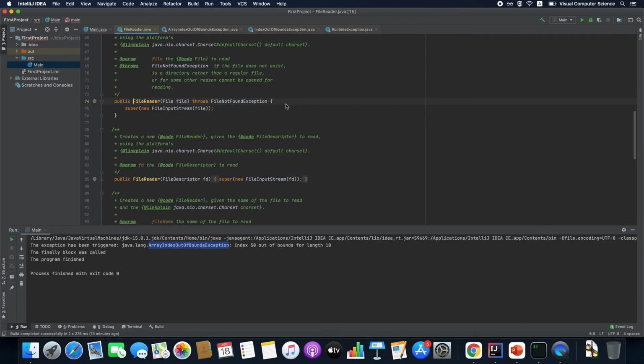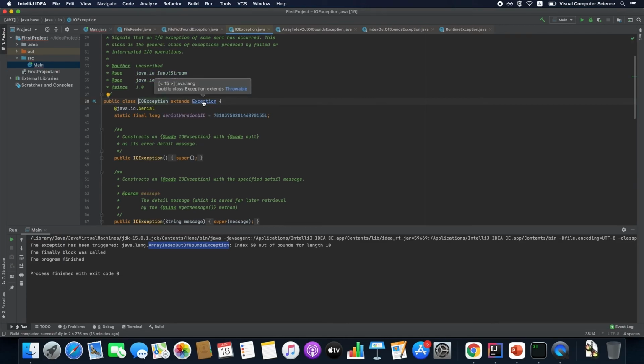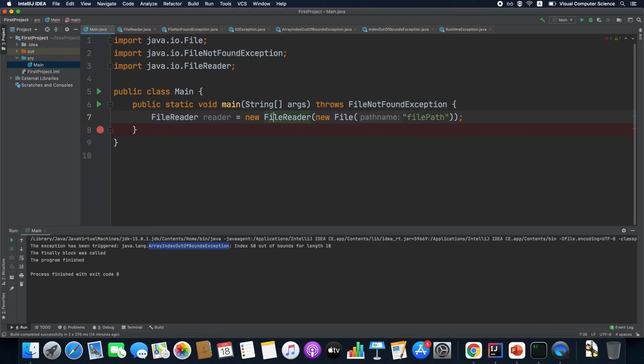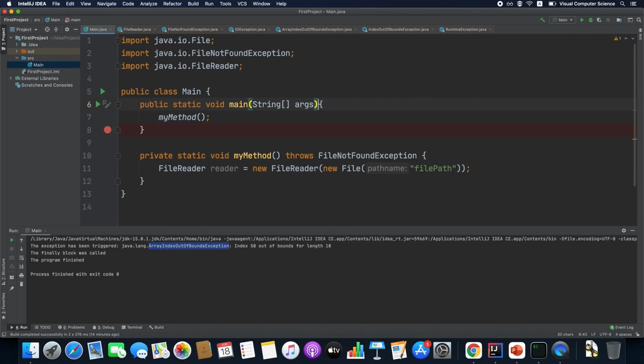And if we take a look on this file not found exception, we can see that it extends IO exception, which extends exception directly, right? So all the classes which extend from exception and they don't have runtime exception on that hierarchy path, they are called checked exceptions. We can also use this throws clause on any method signature that we want. For example, if we have our custom method and our method has a call which throws a checked exception, we can add this throws clause on the method signature as well. And when you're trying to call that method in another method, the exception will be propagated, right?